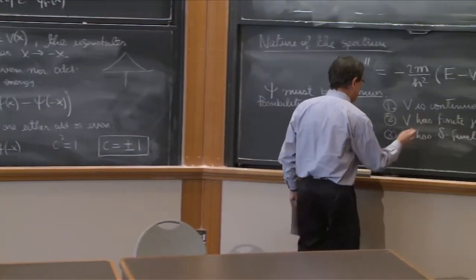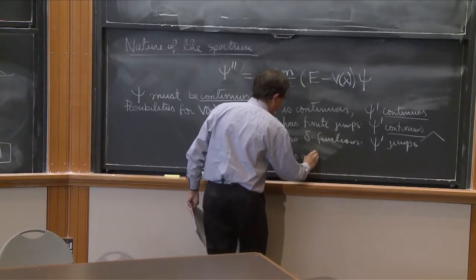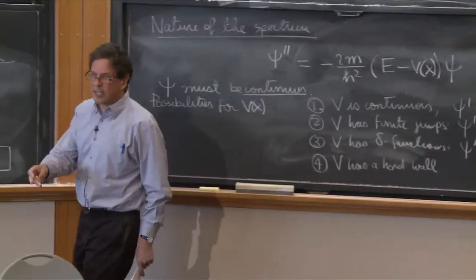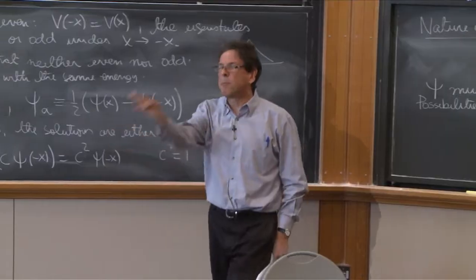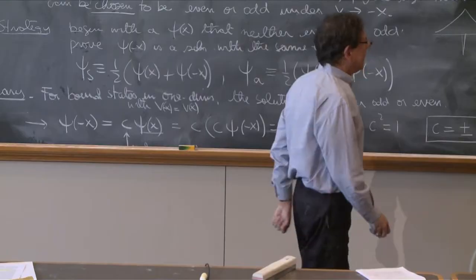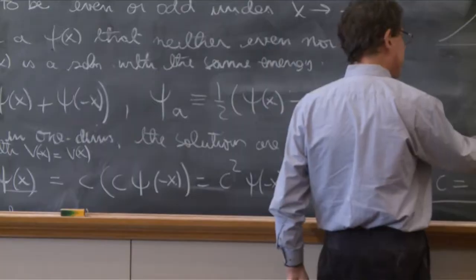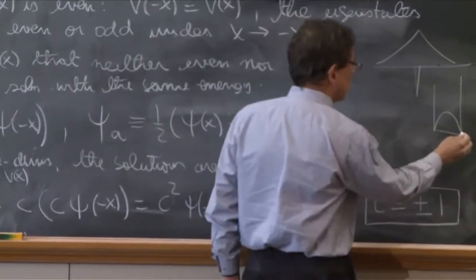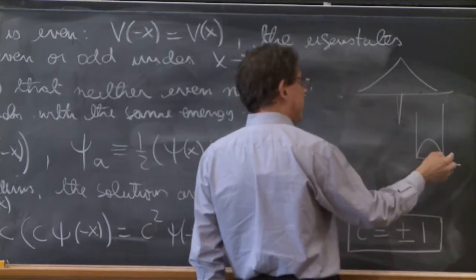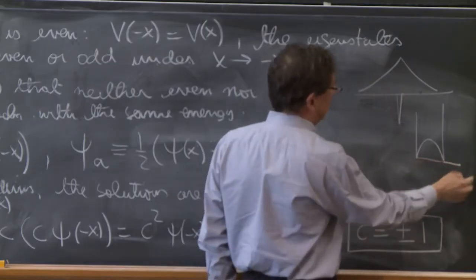Another case in which psi prime jumps is for V has a hard wall. Hard wall. That is, the potential suddenly at one point becomes infinite and it prevents the particle from moving across. A hard wall is a place, as you remember in the infinite square well, in which the wave function vanishes but the derivative doesn't vanish. So you could say that psi is 0 here outside. Psi prime then jumps in that it's non-zero here and it's 0 afterwards.